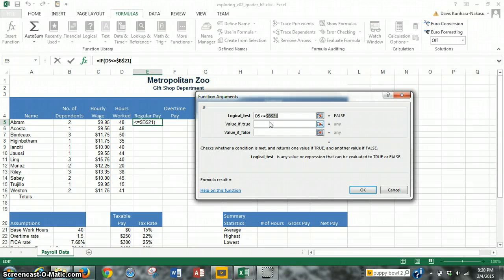So that's our logical test. So we're going to test if that's true or false. For the first one, as you can see, D5 is 48 hours. So you see here 48 hours, and 48 hours is not less than or equal to 40. So as you can see, it's false. So if that's the case, what we need to do is calculate